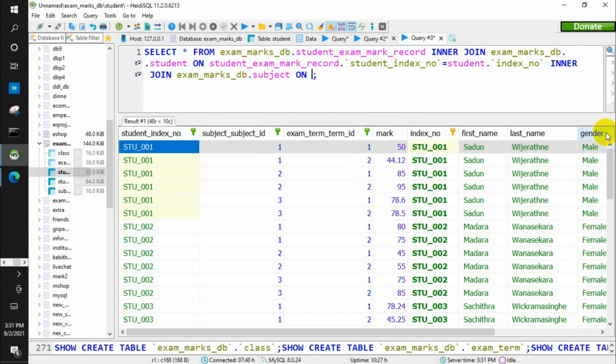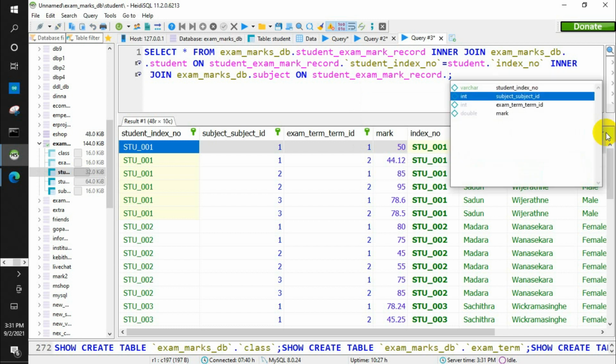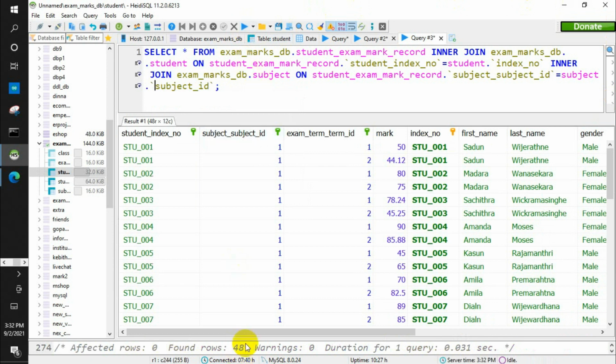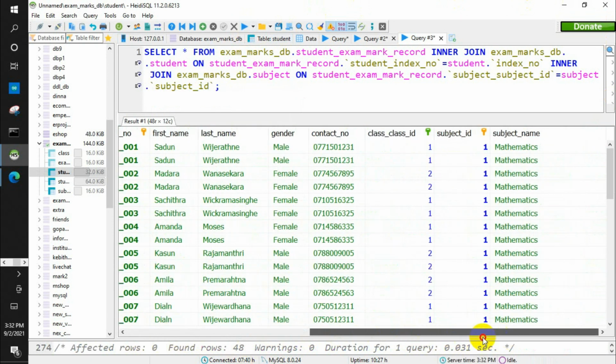Now the condition is student_marks_record dot the subject ID should be equal to the subject ID of the subject table. Now I'll run the query. Okay. Now we have the subject table connected to it also.